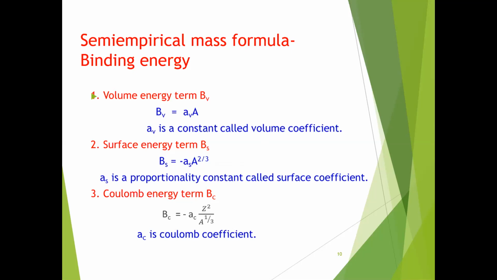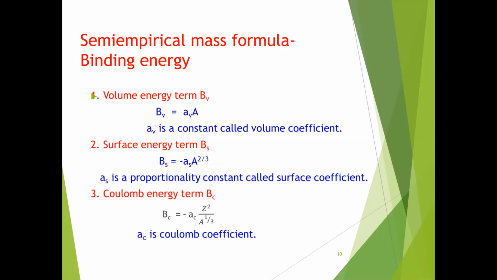But the surface area of the nucleus is 4 pi r squared and the volume is 4 by 3 pi r cubed, so that r is proportional to A to the power of 1 by 3 and the surface area is proportional to A to the power of 2 by 3. So Bs is proportional to A to the power of 2 by 3. If we remove the proportionality, we get a constant minus As. Therefore, Bs is equal to minus As into A to the power of 2 by 3, where As is the proportionality constant called the surface coefficient. And Coulomb energy,